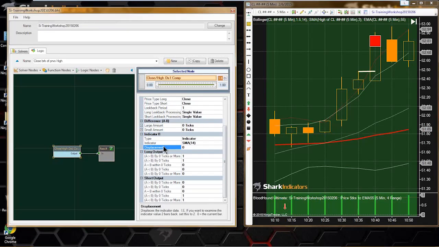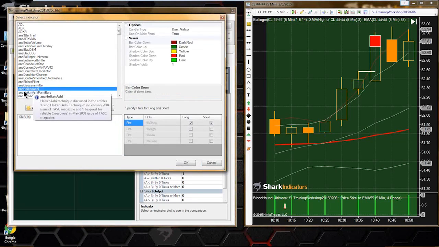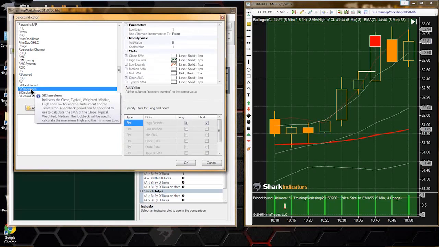All right. So we notice that our price types don't have a displacement, but I do want to use a displacement. So I still have the old method that I can use. So I can change my indicator. So instead of using the built-in prices now, I'm actually going to use Chameleon. So I'm going to use an indicator because I can displace an indicator here. So let's change our SMA over to Chameleon,